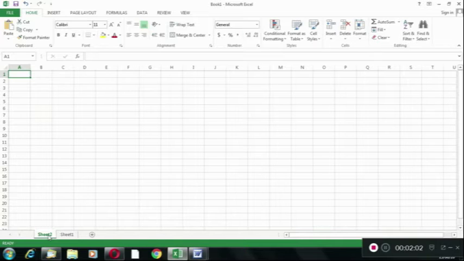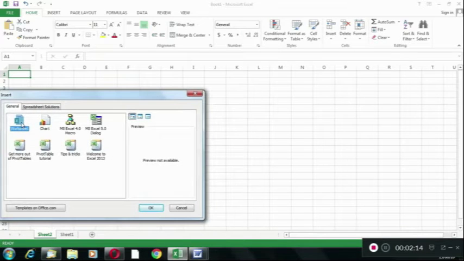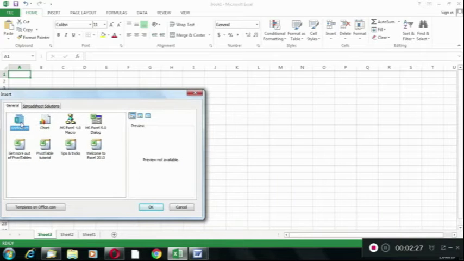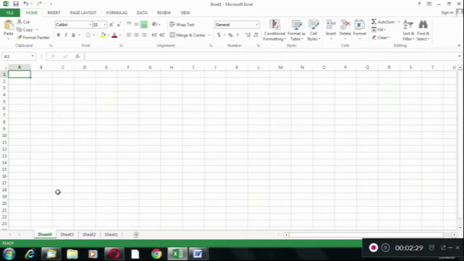For the purpose of this training, we are going to need 4 worksheets. So I'm going to insert again, right click and insert, then select worksheet and OK. I now have 3, right click, insert, worksheet, double click, and then the next thing is I want to change the names of the sheets so that